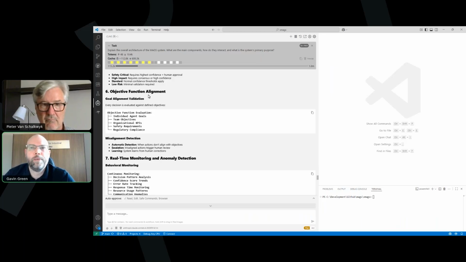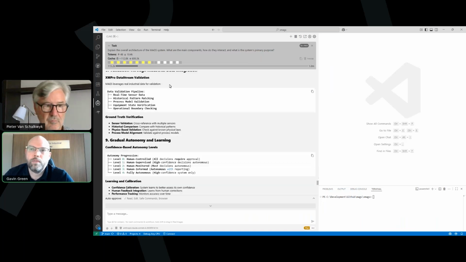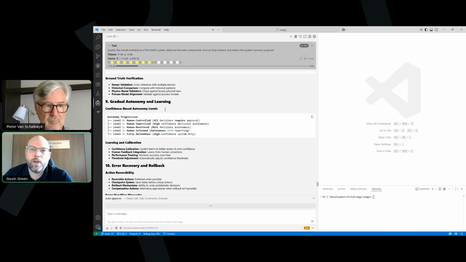It's one thing to deploy 1,000 agents, but they need to do something. And when they're doing something, how do you make sure that they're doing the correct thing and that you're getting value from them? For us, that's where the objective function comes in, working towards an objective and being able to measure it as well. Real-time monitoring, validation through integration,